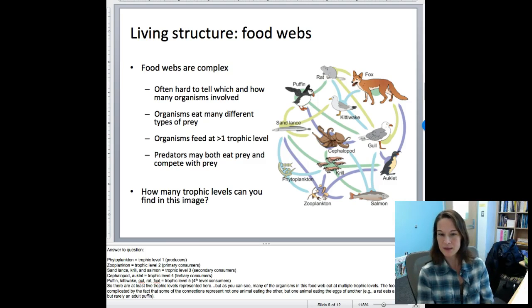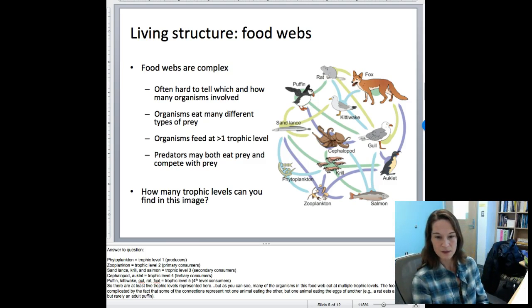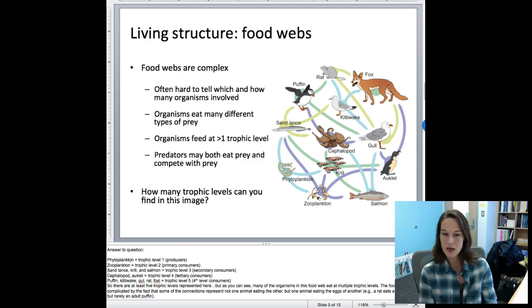You can even pause this presentation if you want to take a little bit longer to check this out. But I'm going to move on and say that the answer to the question is written down in the notes section of this slide, so you can use that to hone your trophic level assessment skills and think about how many different levels away from the sun, as the primary source of energy in this food web,